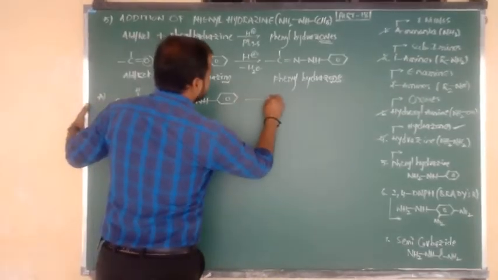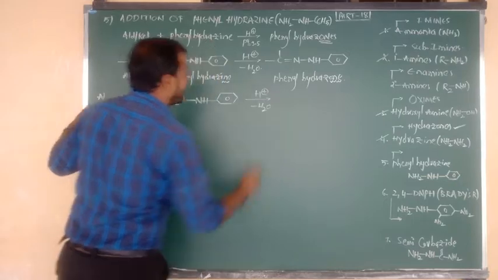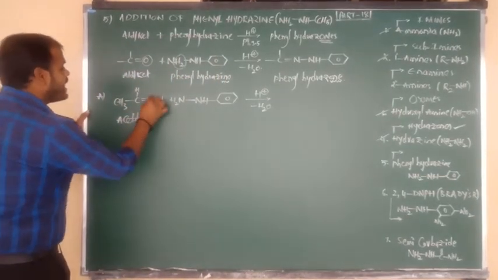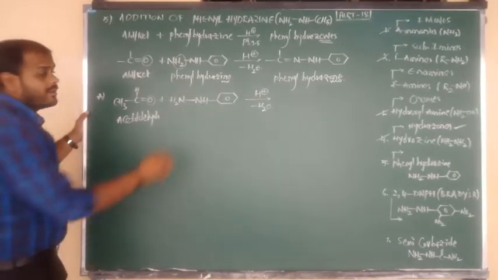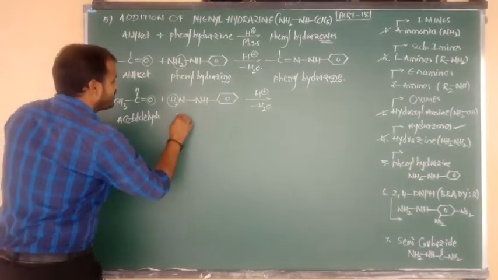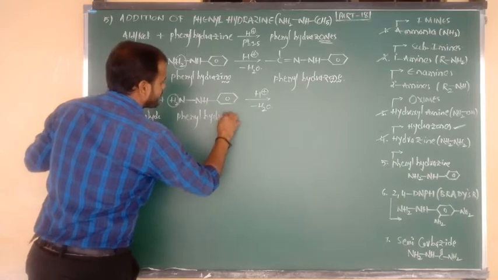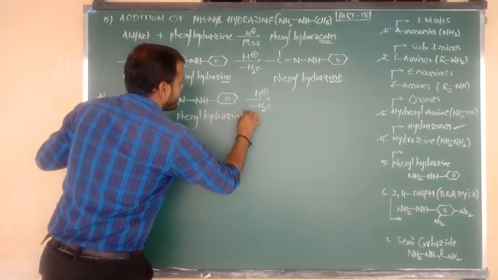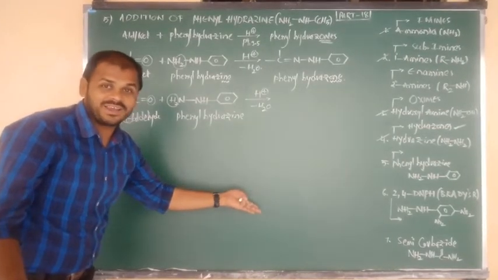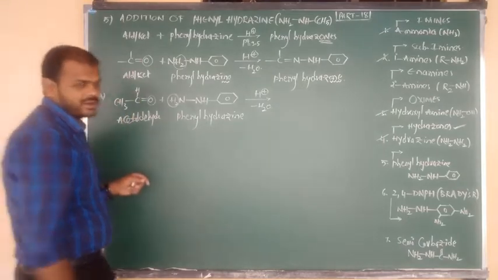So the reaction takes place here in acidic medium after the elimination of which molecule, beta? Water molecule. So how to remove the water molecule? From acetaldehyde we have to remove the oxygen. From phenyl hydrazine we have to remove the H2. So what is the name of this compound? Phenyl hydrazine. And phenyl hydrazine, after elimination of the water molecule, changes into phenyl hydrazone. So the product: CH3 bond C, connected to H.